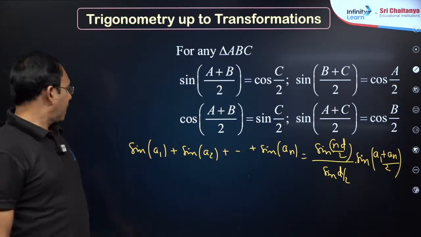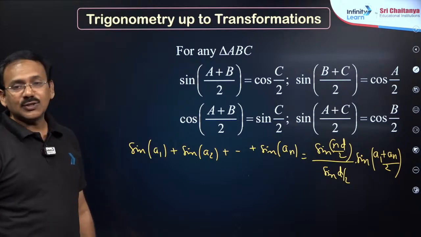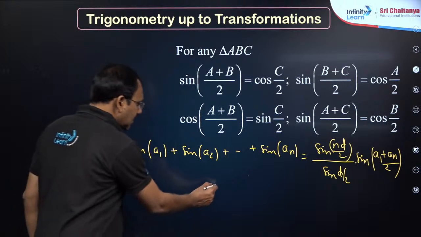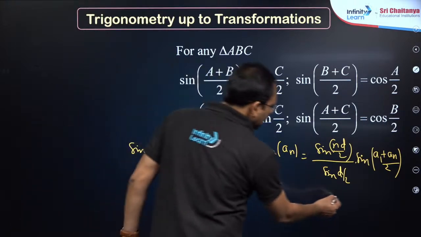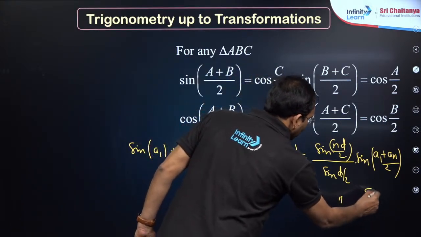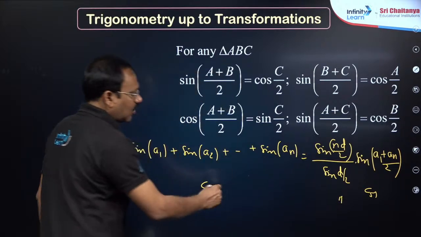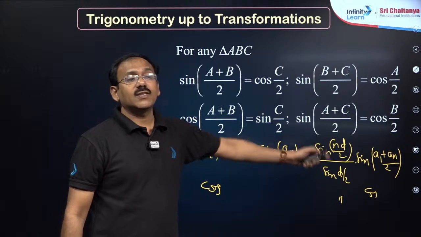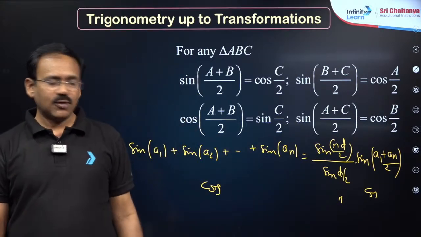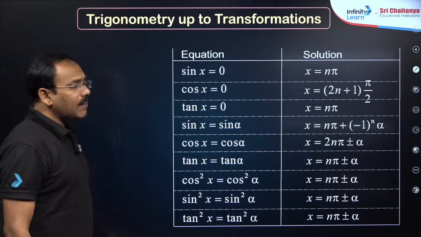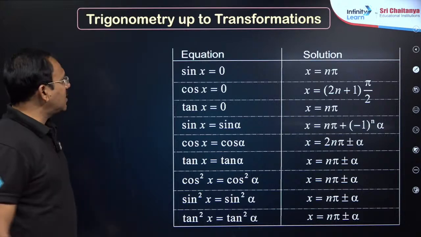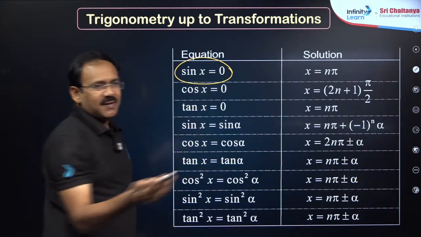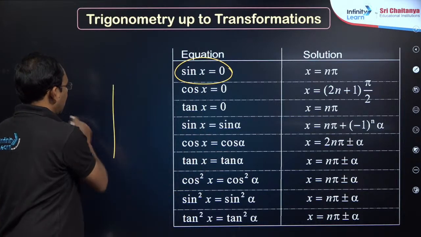So, the sum of sin A1 plus sin A2 and so on up to sin AN, where the angles are in AP. The same result holds for cos, but here you have to write cos. If the question is in cos, sin (ND by 2) by sin (D by 2) is fixed, but you have to write cos of (first angle plus last angle) by 2. This is important, dear students. Coming to trigonometric equations, you see, dear students, sin x becomes 0 when x is n pi, my dear friends. You just see the graphs of sine.